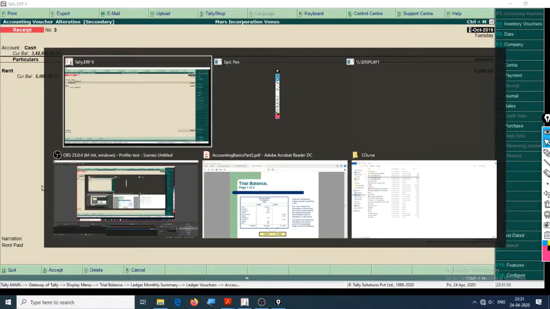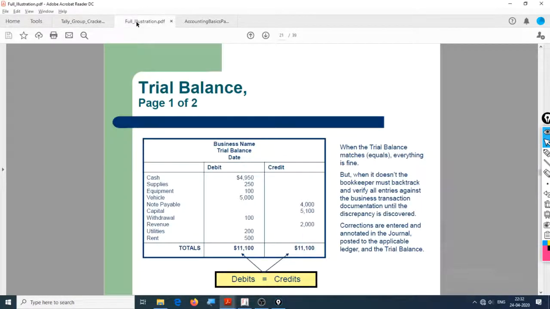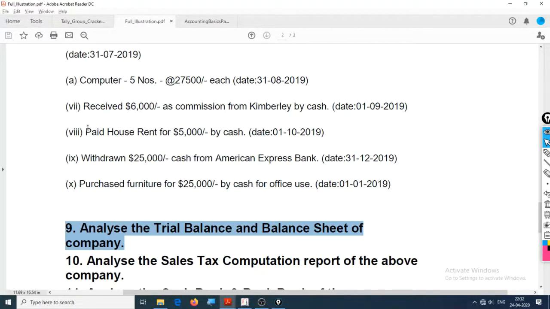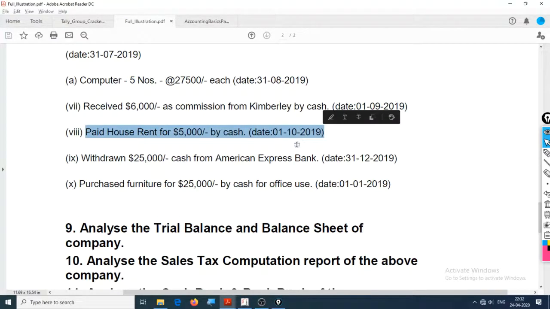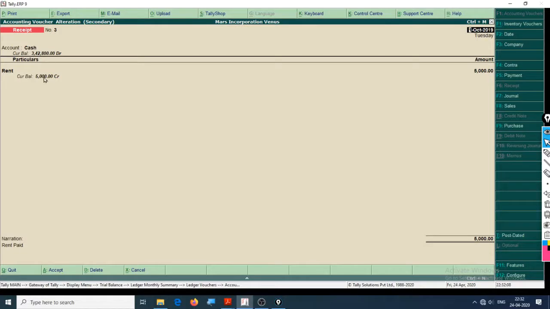As you can see, we have made a wrong entry. This right here says paid house rent. If you want to change this, you can directly click on F5 payment and the rest Tally will do.